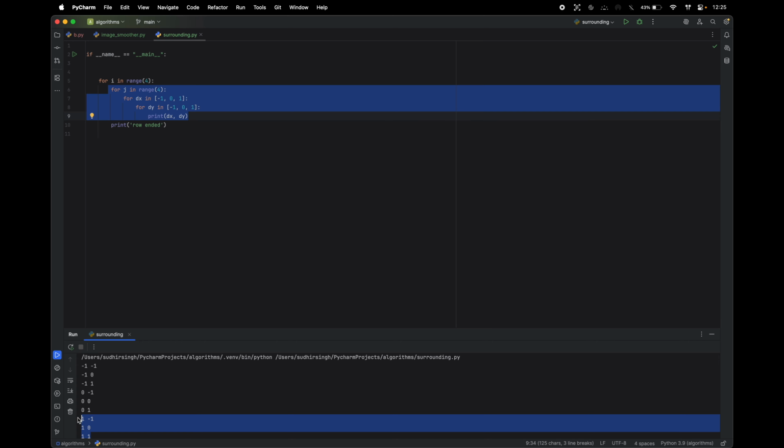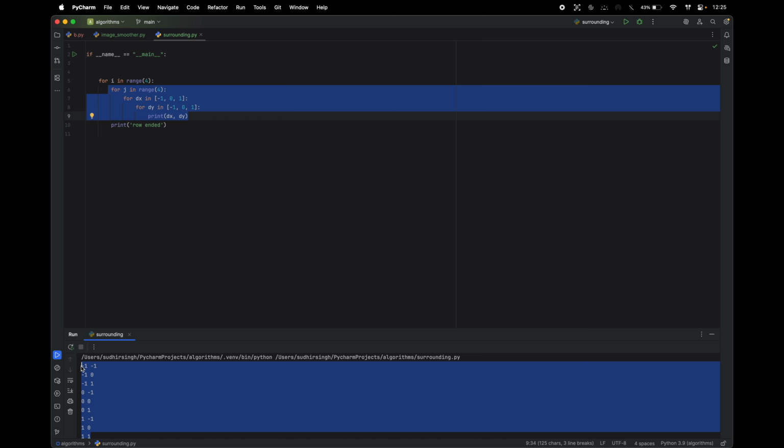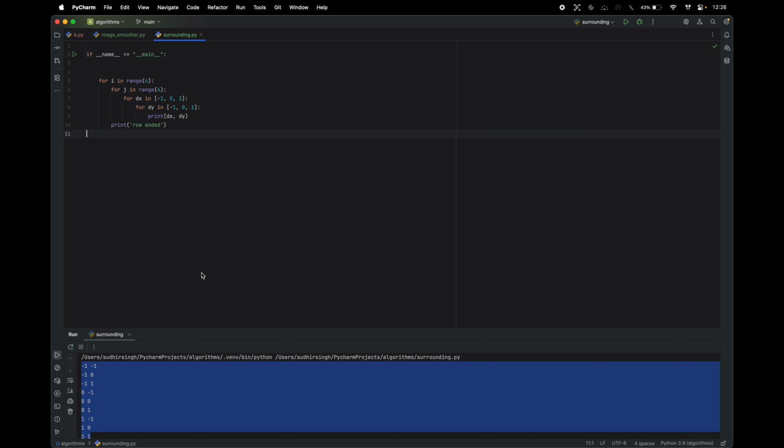1, 2, 3, 4, 5, 6, 7, 8, 9. Okay, and in one row there are like four elements. Okay, so 436. So currently what is happening, for every cell, I have some value of